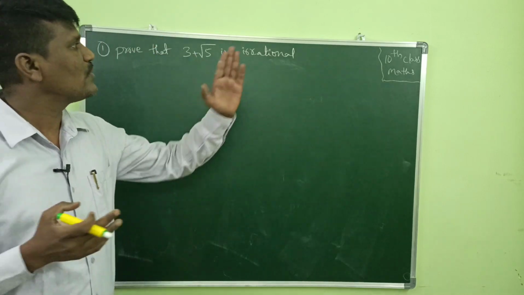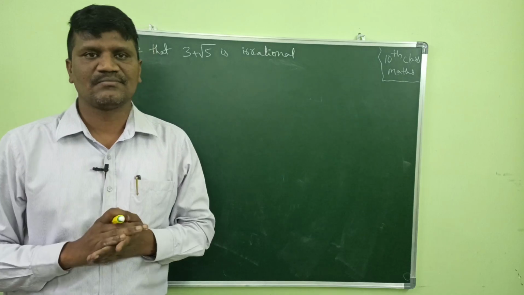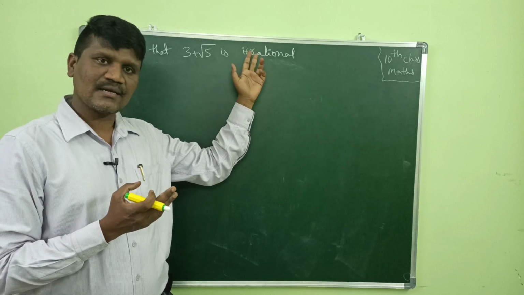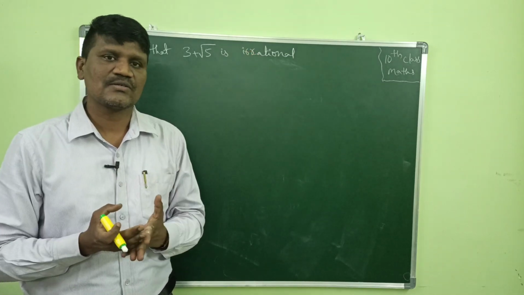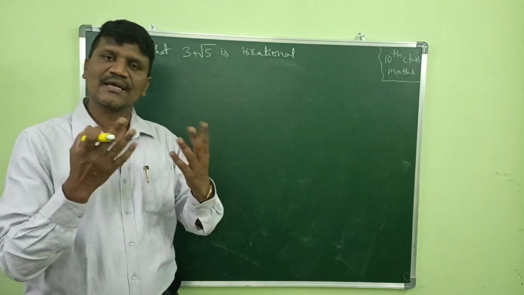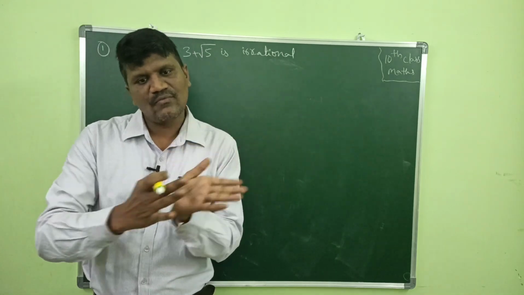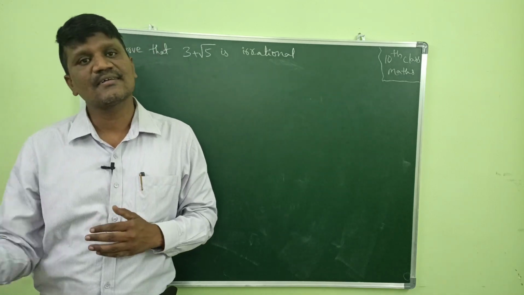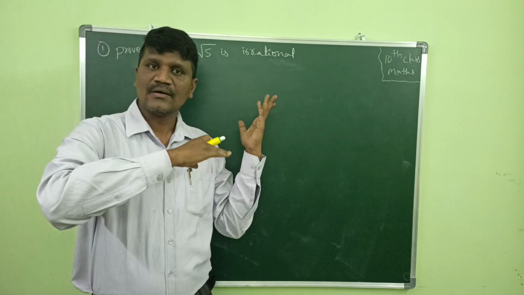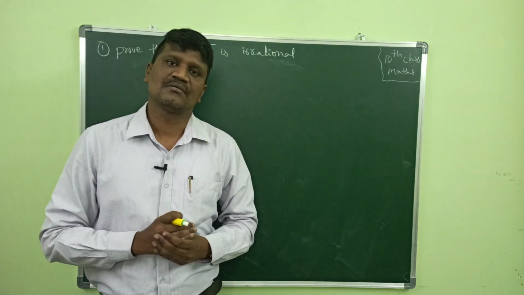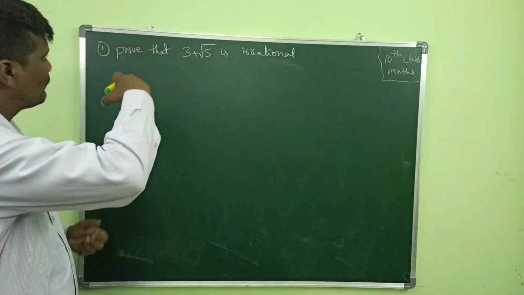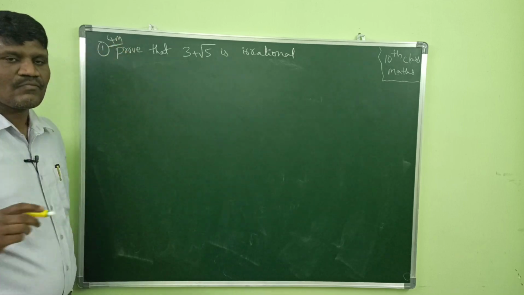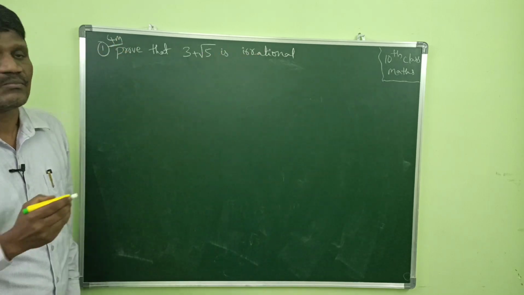As we know, we prove this by the contradictory method. The contradictory method is nothing but we first consider that the opposite of irrational, which is rational. So first we should assume that 3 plus root 5 is a rational number. Then while doing the process, somewhere we will get a contradiction. Why has the contradiction come? Because we took the given number as a rational number. By that way we will do this problem. This is a 4 mark question. Prove that 3 plus root 5 is an irrational number.